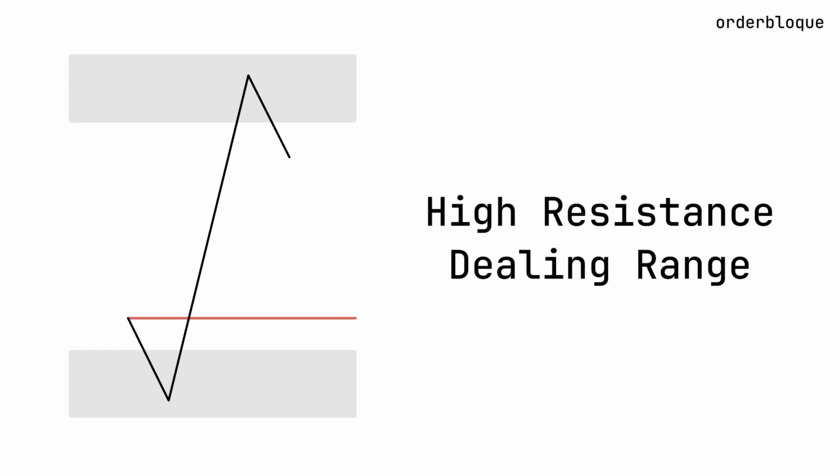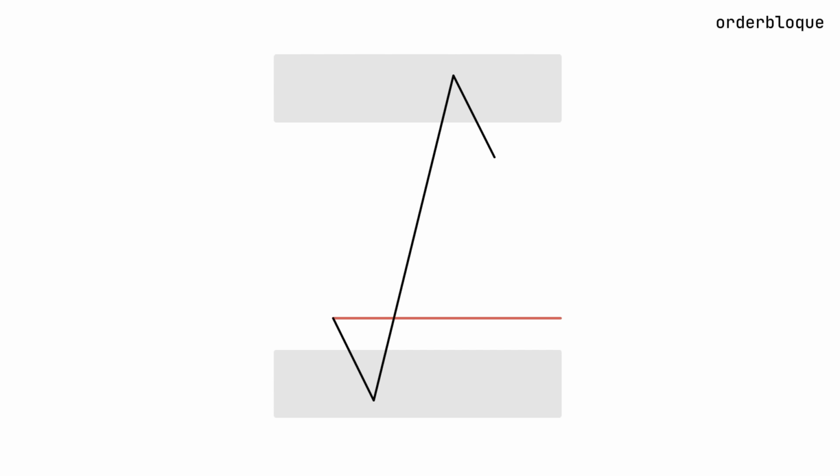variables we use. So, let's move on to the final part, where we will combine all the previously mentioned information into a single tool called the High Resistance Dealing Range. Schematically, this concept involves the same two opposing fractal points, but here we focus on the zones in the context of which they formed, and the confirmation of volume from one side or the other.